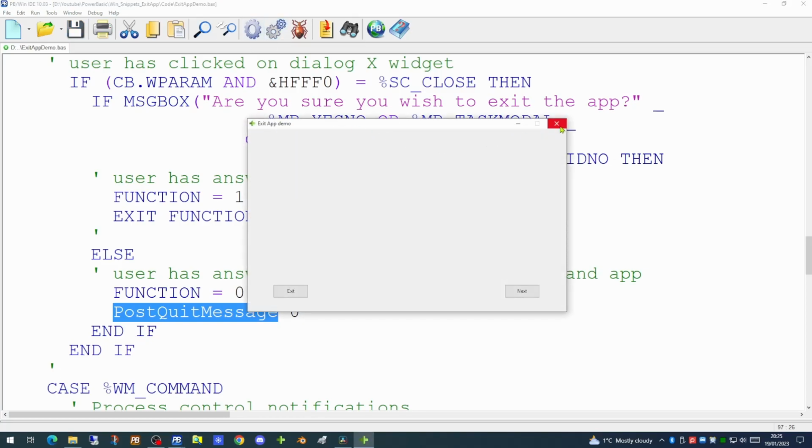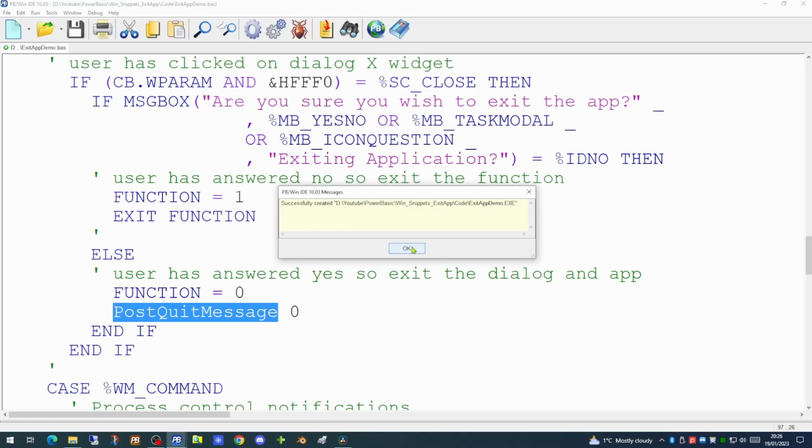So our X is visible at the top, and we also have the close option. If we click on the close option, it does trigger our message box. And if we click on the X, it will also trigger our message box. And we'll only exit the application if the user clicks yes. From the taskbar, if we click on Close Window, it will again trigger the same message box, and only when the user does pick yes will the application end.